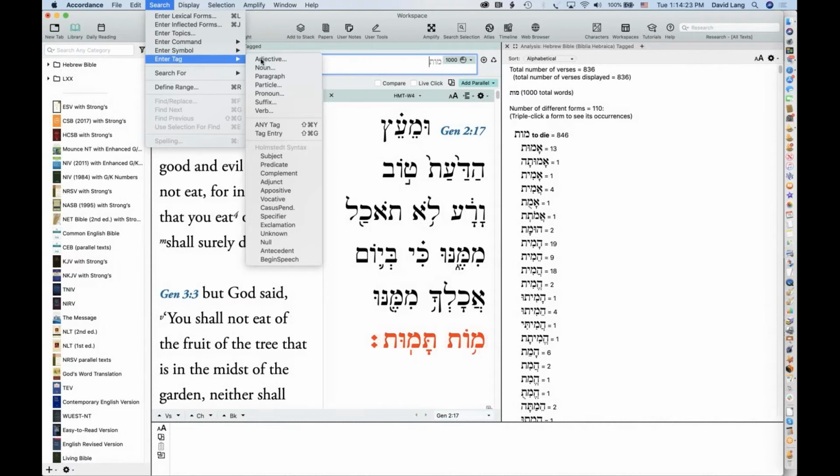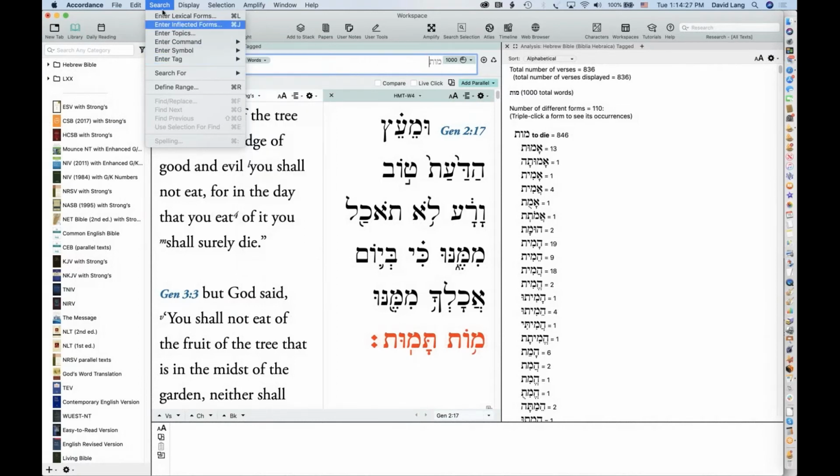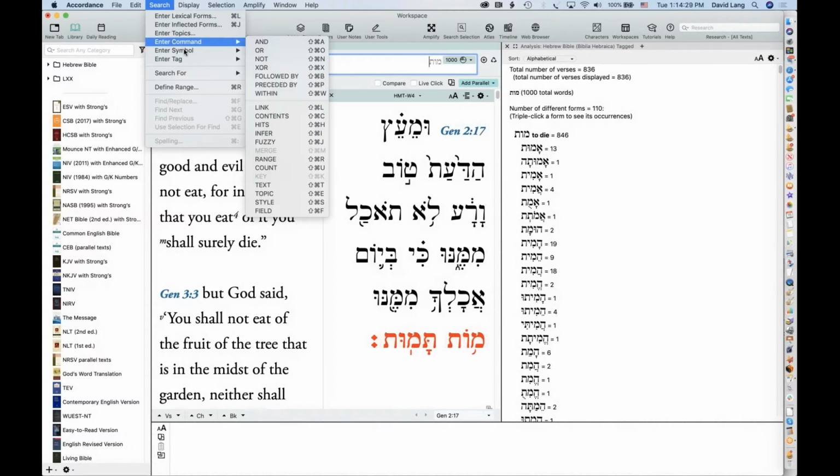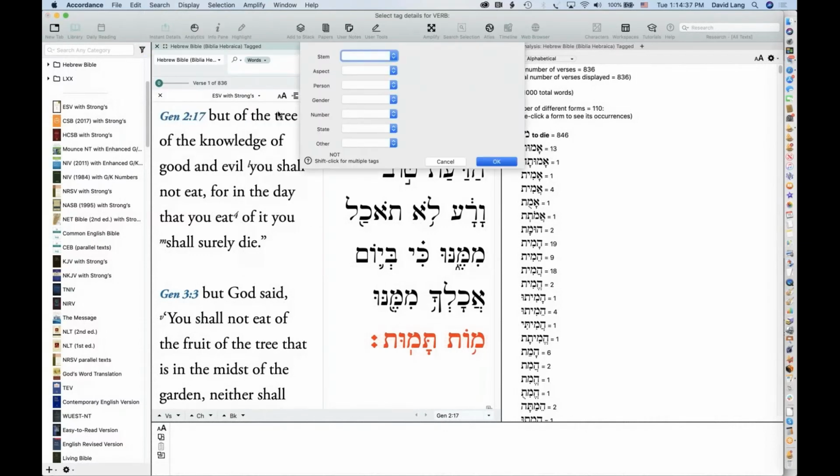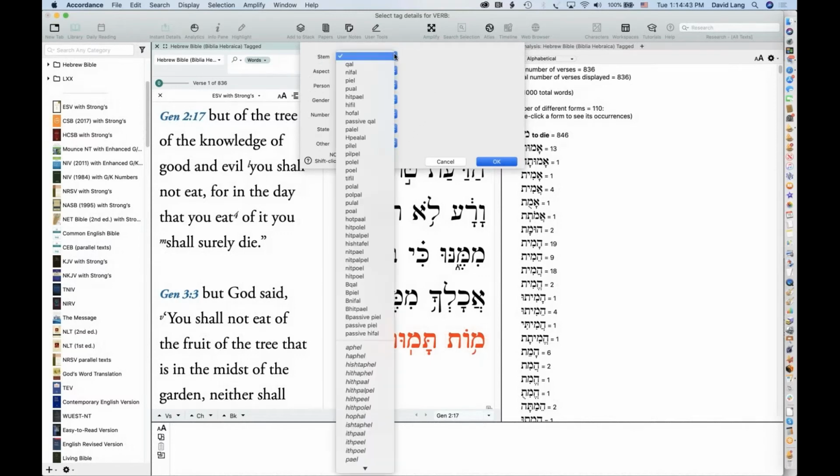And again, everything that you need to fill in this blank and create a search is here in the search menu. So I'll go to enter tag, and I'll choose the right part of speech. Moot is a verb, so I'll go to verb. And then I can specify the tag characteristics that I want to find. So I could specify, well, I want the call stem.